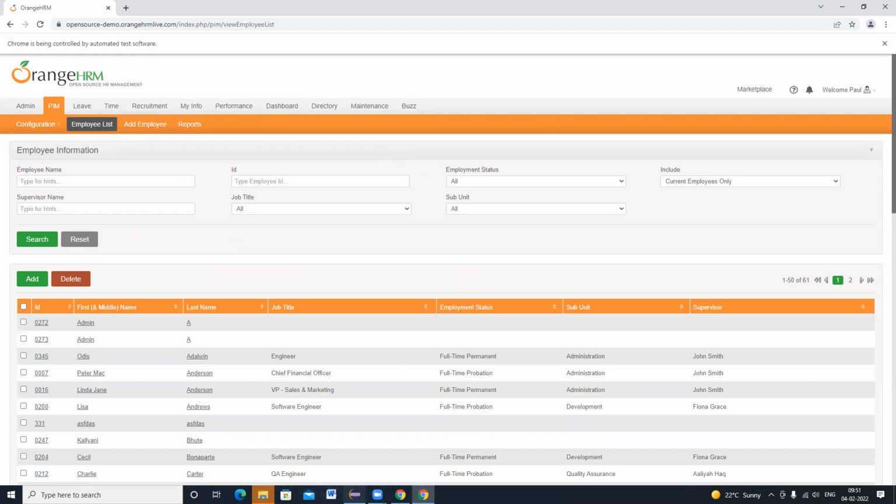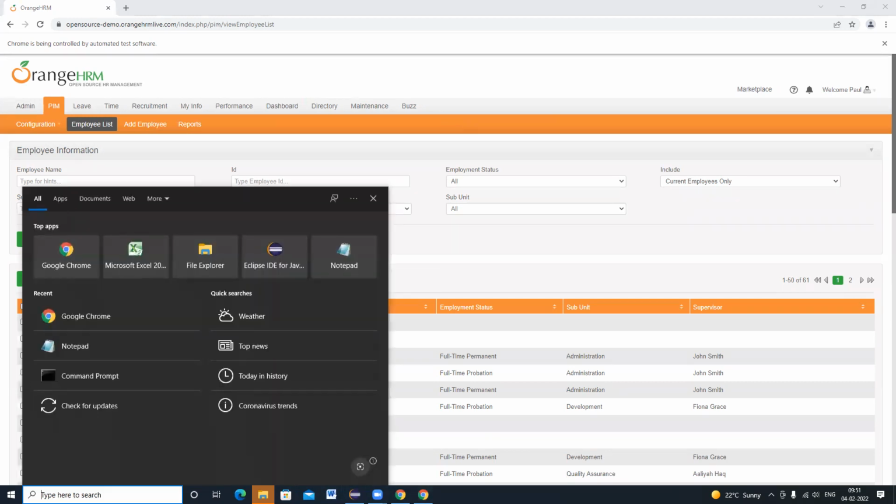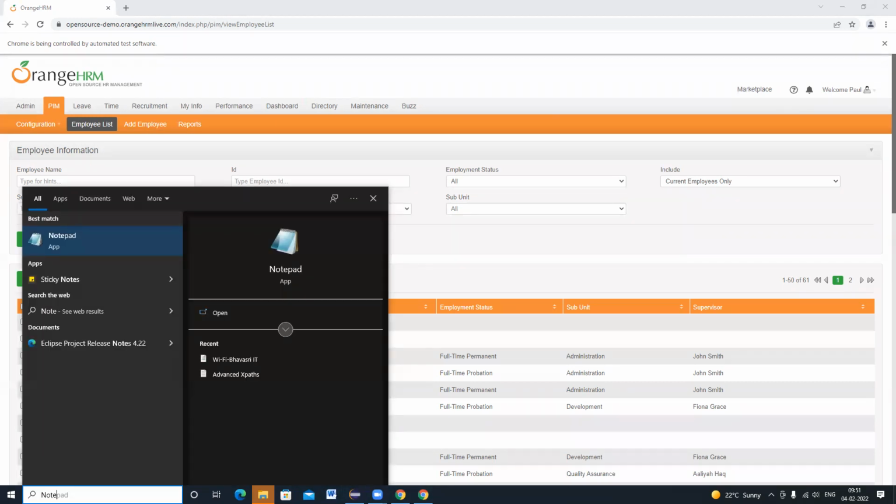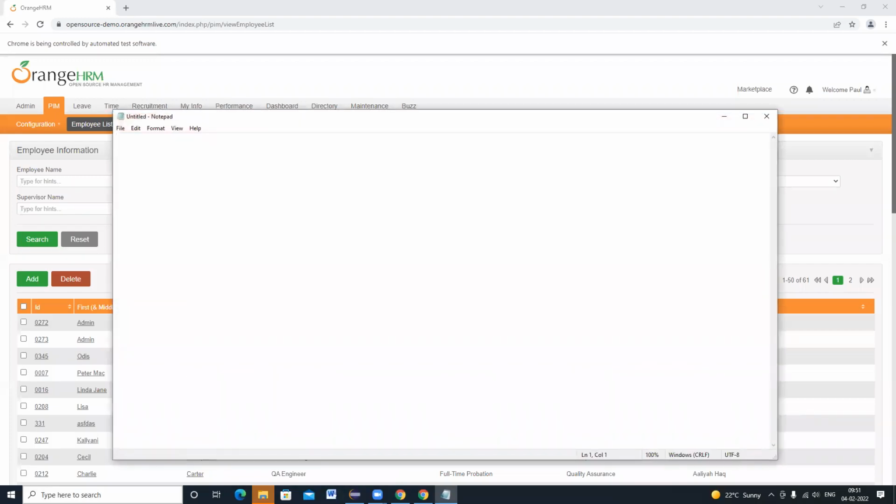So, ma'am, will it work for a drop down also? Sorry? For a drop down also, will it work? No. We can do scroll into view. Send keys, click operations, right? So far we have seen these.